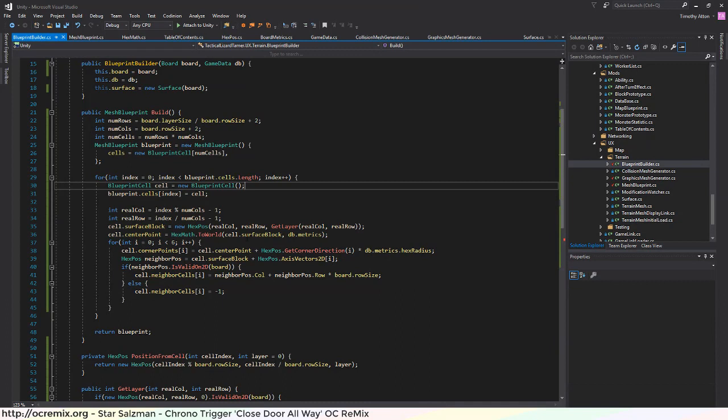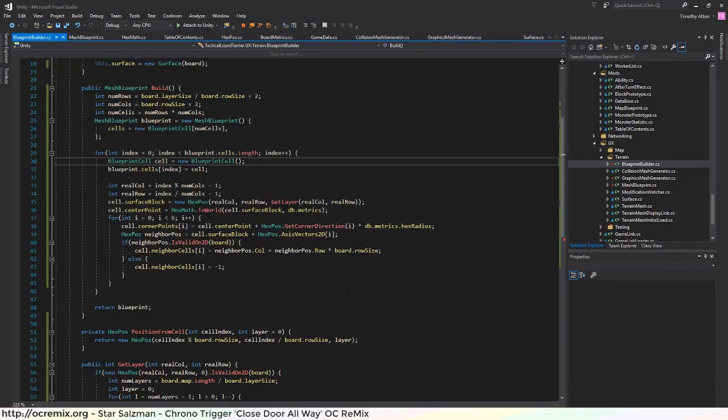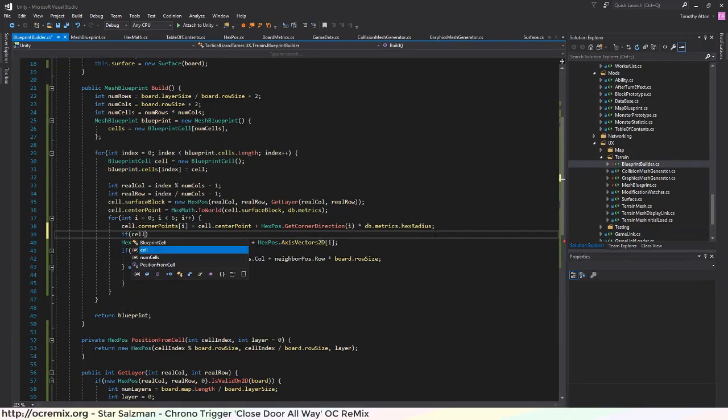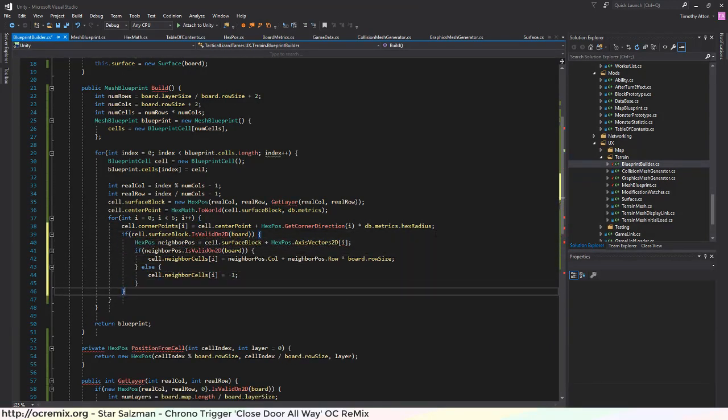Okay, so center block, still fine. And that's still fine, but of course... Well, technically it will have neighbors, but I don't know if we need to actually deal with them. So if cell... Oh wait, it would be cell surface block is valid on 2D. Then we'd figure out the neighbors, but if the cell is not valid,